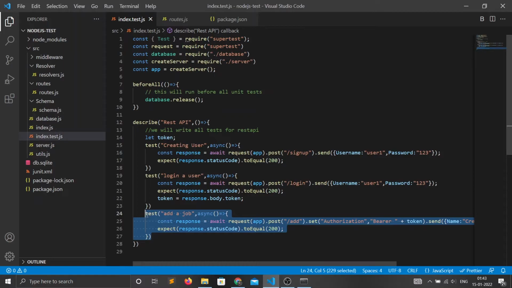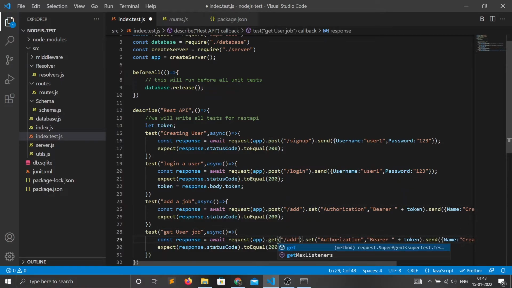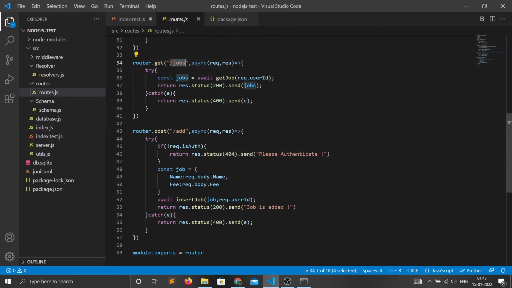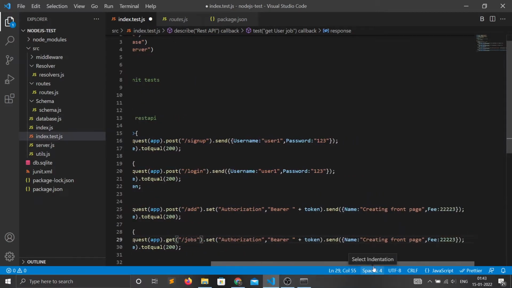We can also create another test, get user job, and instead of sending a post request, we send a get request on route jobs, and we don't need to send this data.